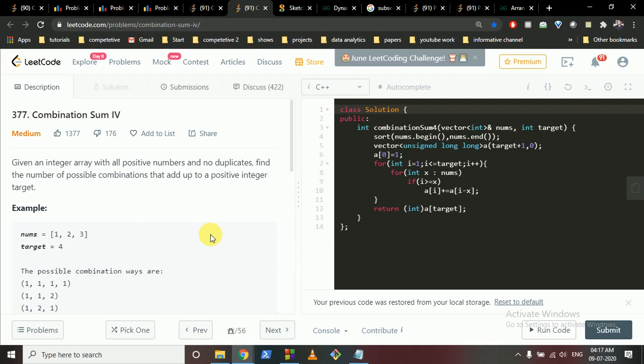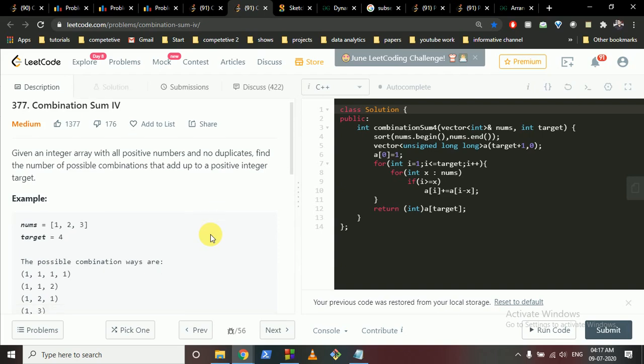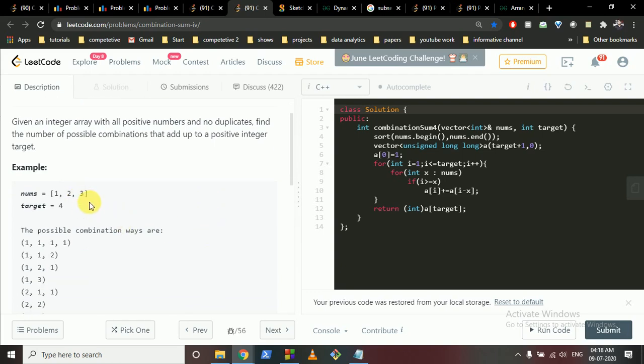one by one in all the consecutive videos. So first we're going to discuss this one in this video, and I will also tell you some of the variations we can do in this question itself. As you can see, this is an array of nums, and these are all the numbers. So you can use them multiple times or not multiple times. In this one you can use them multiple times.